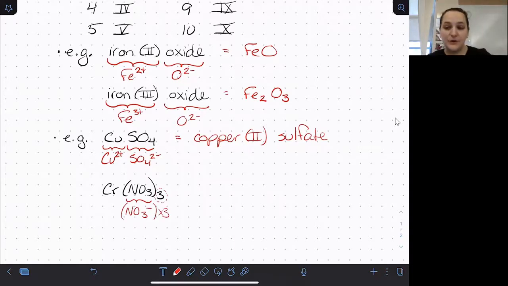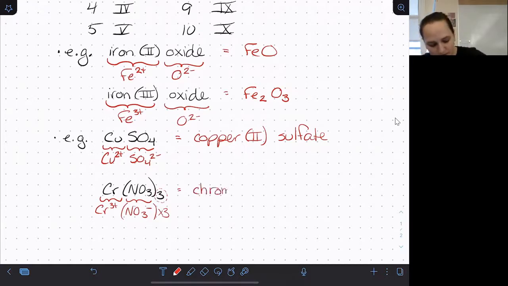So that means we have a total of -3 charge on all of our anions put together. So in order for this formula to add up to 0, the charge on my chromium must be +3. So when I name this compound, I'm going to use the Roman numeral 3 to indicate the charge on the chromium. So this would be chromium 3